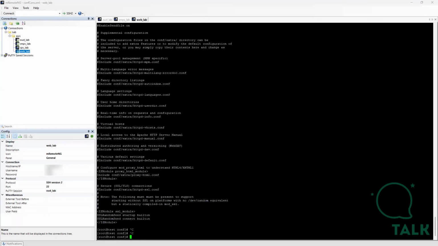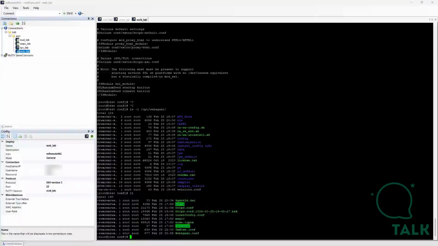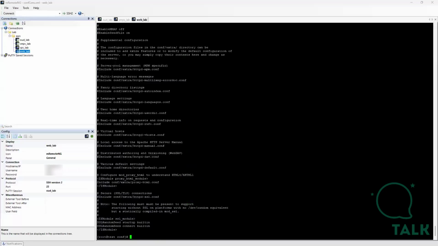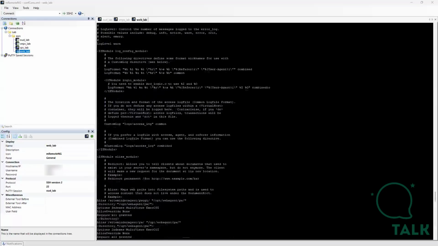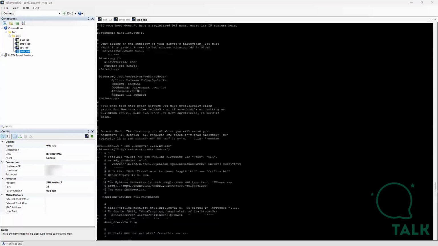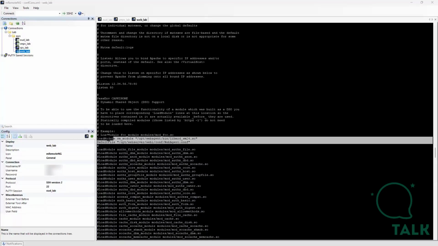So I've installed my web agent in this directory, web agent. Here my web agent is installed and I configured it here. So let's take a look at the Apache configuration file. When you install the web agent, some parameters are added to the configuration file. For example, if you see my screen here,